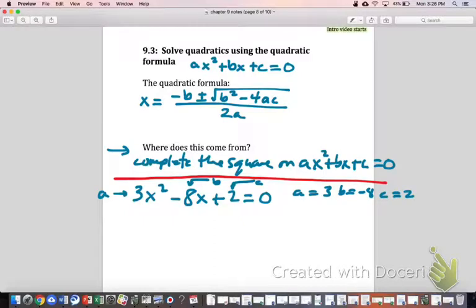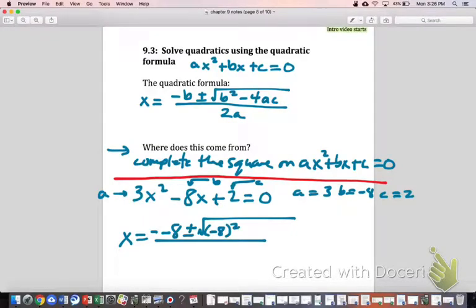Okay, so once you have those three numbers, the a, b, and c figured out, you can just plug those into the quadratic formula. So I'm just going to set this up. We'll do a lot of practicing with this when you get to class. So it would be x equals the opposite of b. So it would be negative 8, ending up being positive 8, plus or minus the square root of negative 8